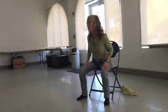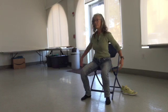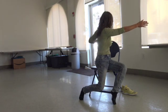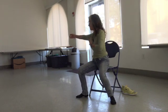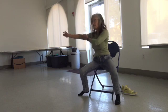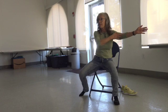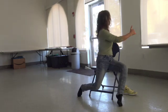So let's do this just a couple more times and then we'll see if we can get up. Only if it feels safe. So inhale. And touching the chest, touching the arm, changing arms. And now the back arm is touching the chest, touching the arm, coming back, and going to the other side. And the hand is always connected. And don't stop anywhere. See if you can just create a continuous